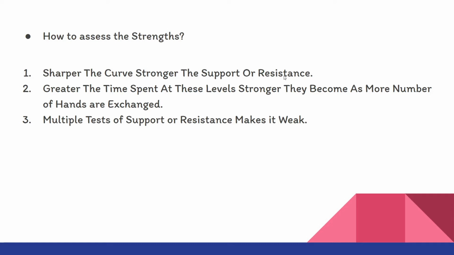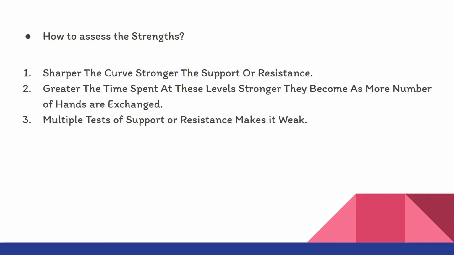Greater the time spent at these levels. Let's say a stock is trading at 1010 levels and it drops down to the 1000 level. It has first time reached the 1000 level, and it trades at that level for, let's say, 3 to 4 candles. Then you could consider that this level has been of significant importance, as more number of shares have been exchanged at this level, and you can expect this level to act as a strong support or resistance zone for future